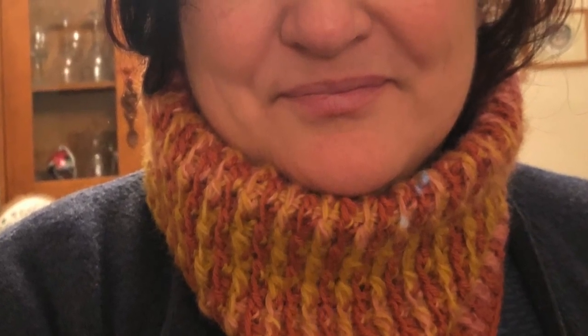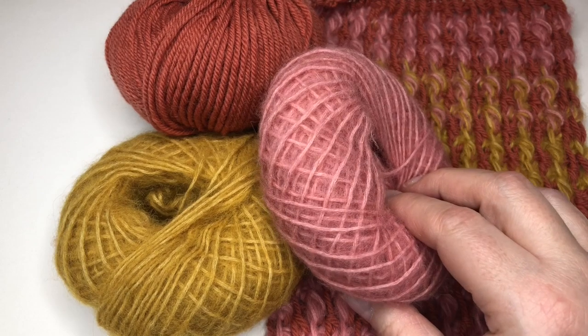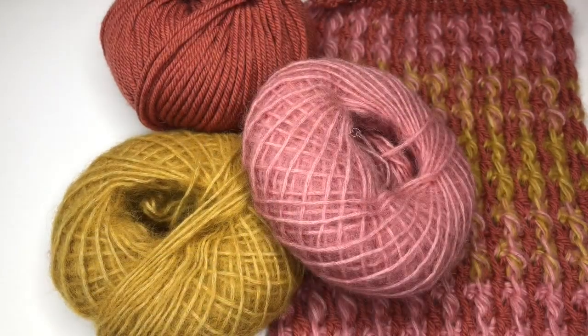and the dimensions are in the booklet, but we have quite a bit of yarn left over at the end of making this one. So if you wanted to add a couple of inches of length, if you fancied a looser fit cowl, have a look at what's left over. I think we've got 6 grams, from memory, of this left, 14 of this, and so enough of the brick that you could, like I said, add a couple of inches on it to make it slightly longer if you wanted to,